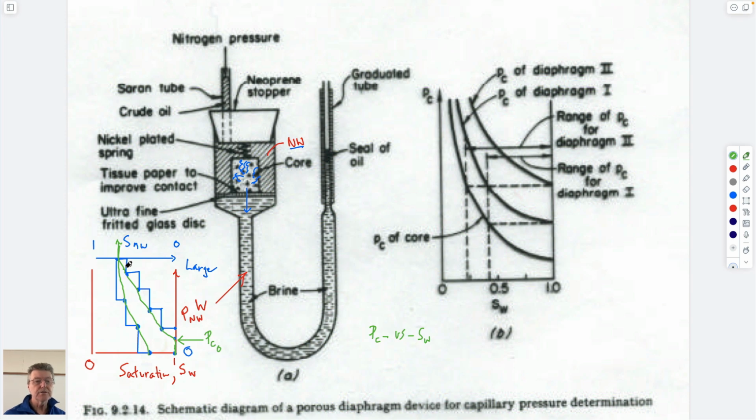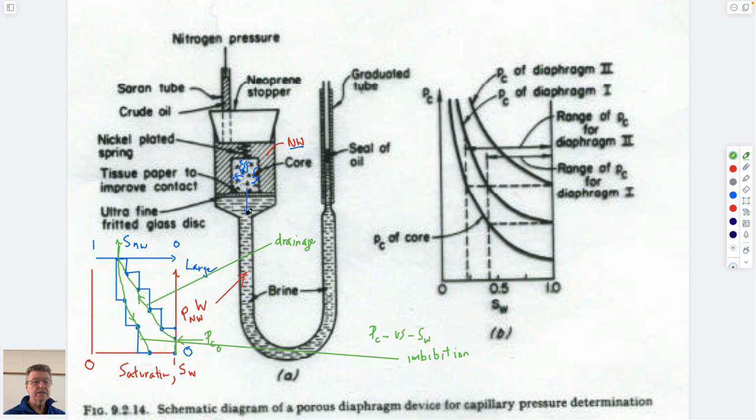I guess the important thing to note is also that it's hysteretic, right? It drains water along this curve, but it imbibes water along this. And so this will be called, as we'll find out, this is the drainage curve. And this is the imbibition curve. So what you could do,